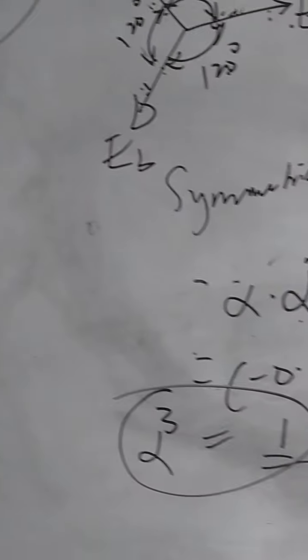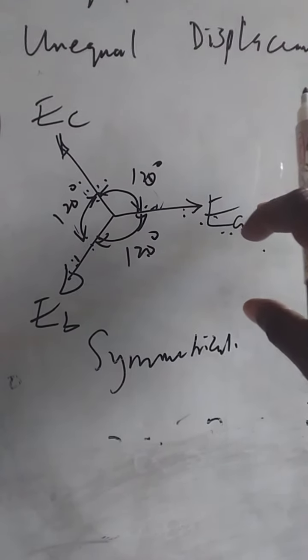Right. So on that basis, let us move on. Let's look at the positive phase sequence, the negative phase sequence and the zero phase sequence. So for all the phasor diagrams that we have here, we have them made up of